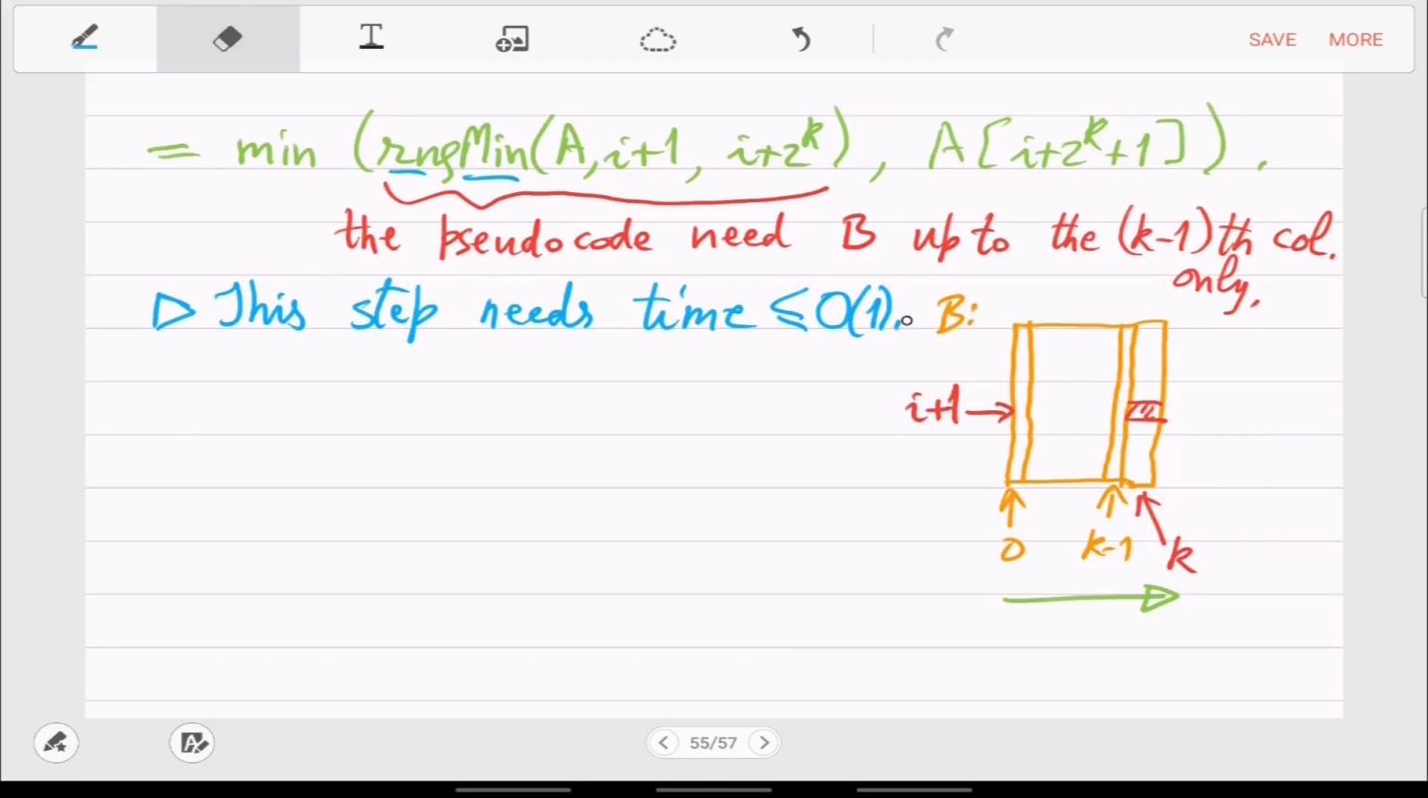But we need to go from 0 to... Sorry? 0 column to K. No, we are not doing that yet. This is the induction step. So this step needs time constant by one query of range min. We always break the proofs into very, very small steps. So this is just one step. This is just one induction step. So here you are doing only one query. So that one query will just require